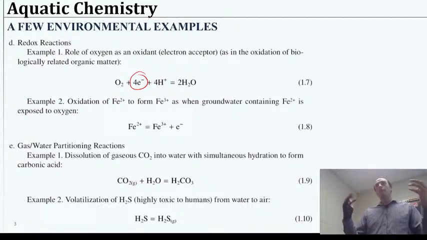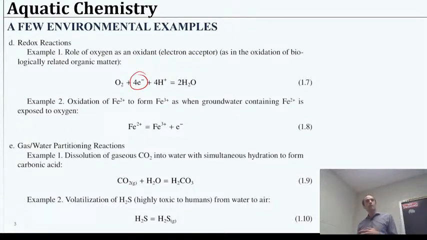This type of reaction may be important to say, can we precipitate Fe2+ better than 3+, or vice versa? What can we do to change this, to oxidize or to reduce? Very relevant in groundwater, as well as when we're bringing groundwater to the surface for drinking, how do we treat it? Okay, I mentioned this already, but the gas-water partitioning reactions, so CO2 dissolving in water to form carbonic acid,